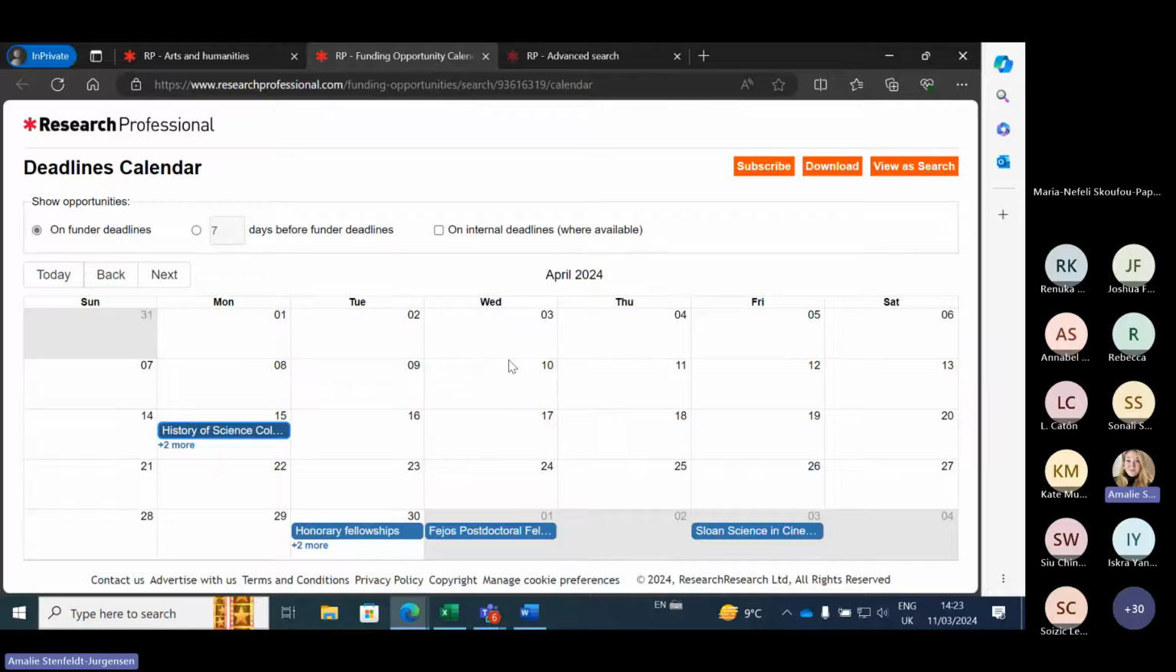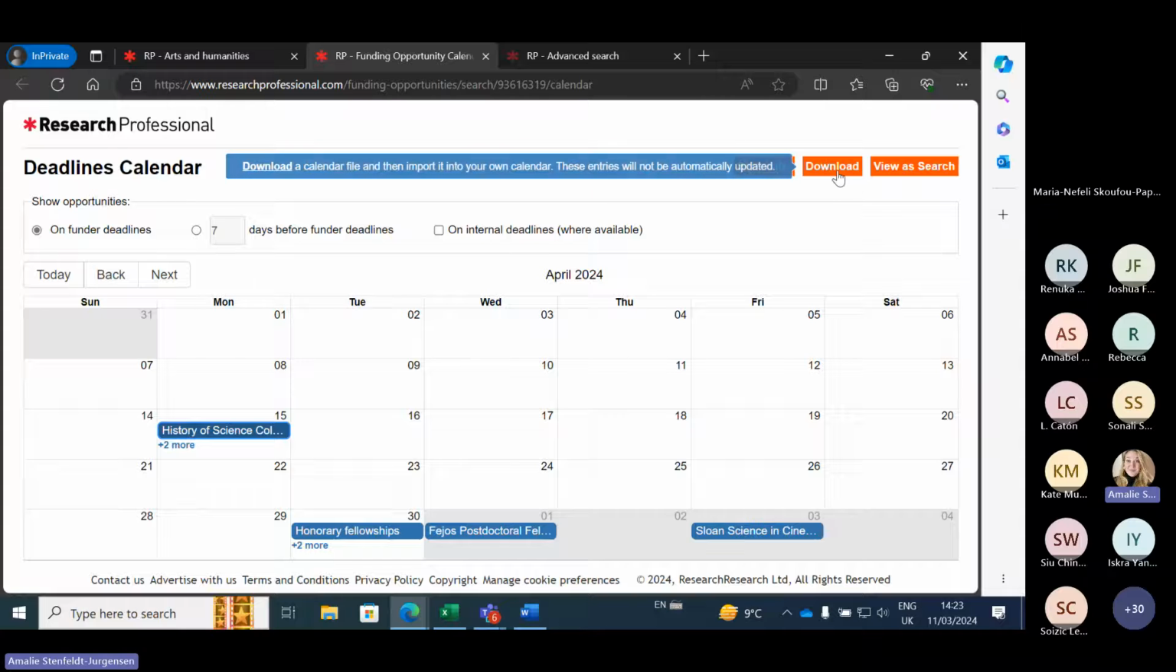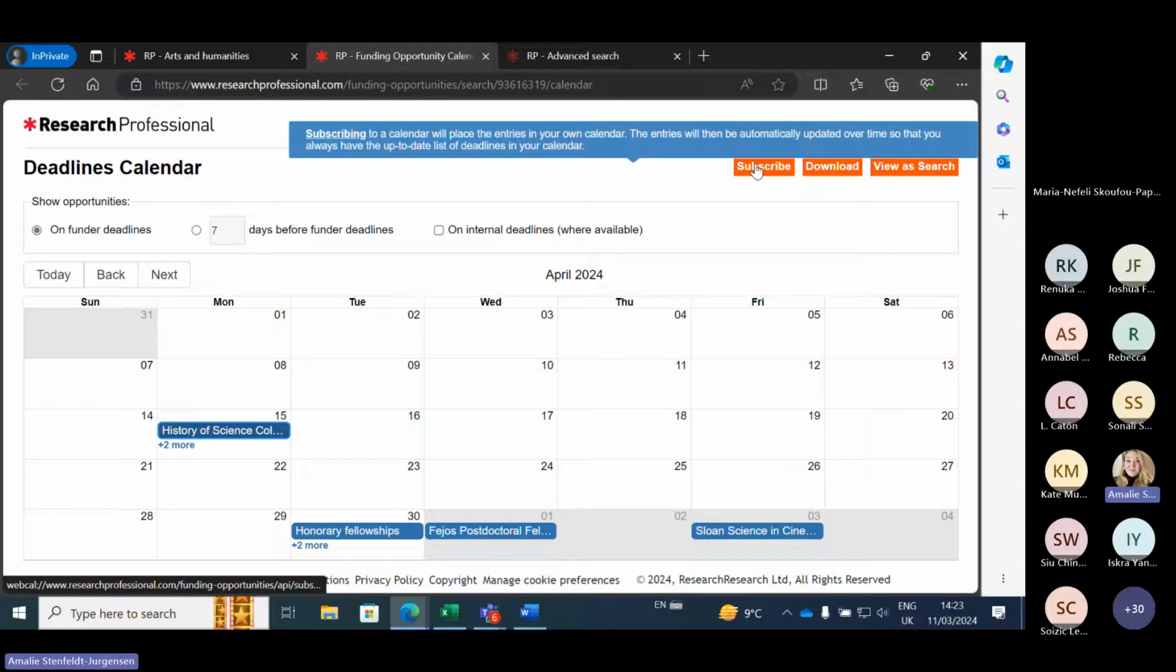You can merge this calendar with your own private or professional calendar to make sure that you don't miss any deadlines that you might be interested in. You can either download it or you can subscribe. If you download the calendar, all the deadlines and all the information will stay as it was at the time of downloading. So any changes will not appear in your own calendar when you choose to merge it this way, but you can also choose to subscribe,